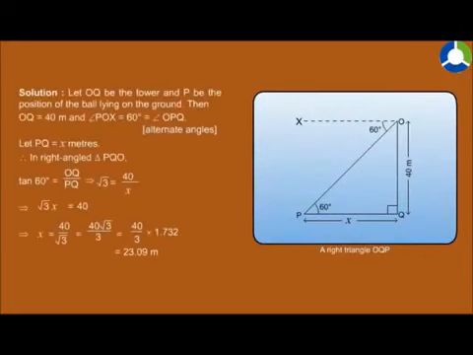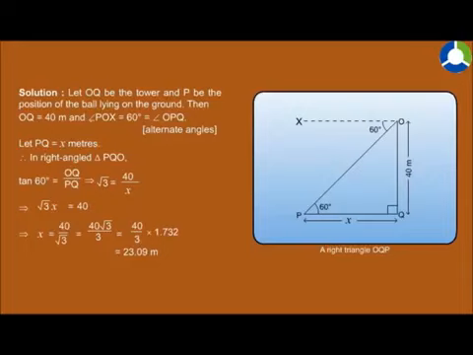Solution: let OQ be the tower and P be the position of the ball lying on the ground. Then OQ is equal to 40 meters and angle POX is equal to 60 degrees, which is equal to angle OPQ (alternate angles). Let PQ be equal to x meters. Therefore, in right angled triangle PQO, tan 60 degrees is equal to OQ upon PQ, which implies that root 3